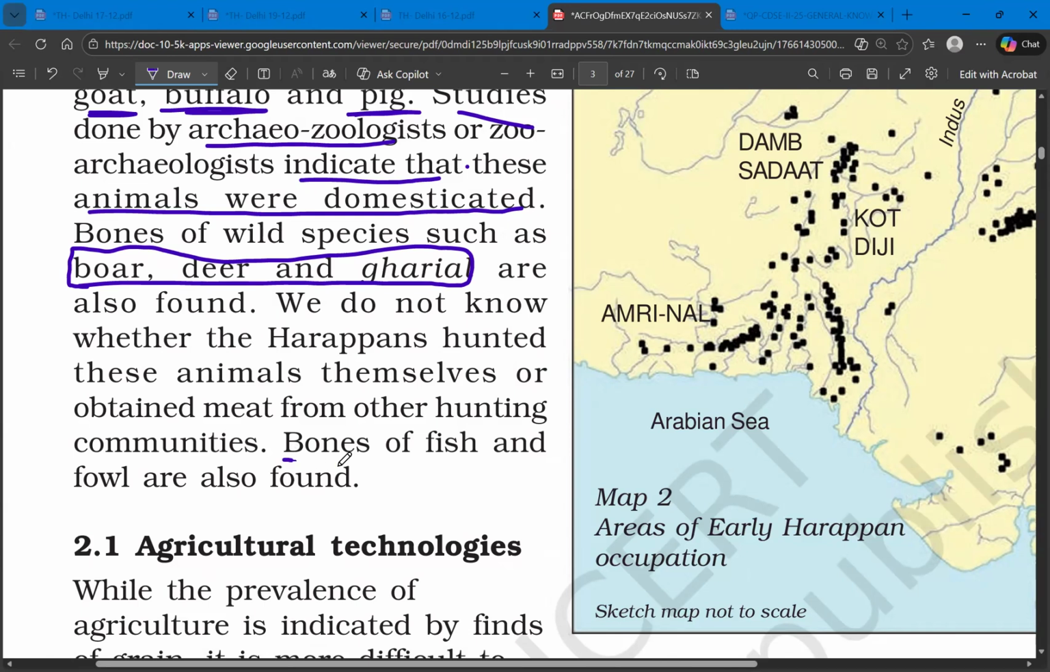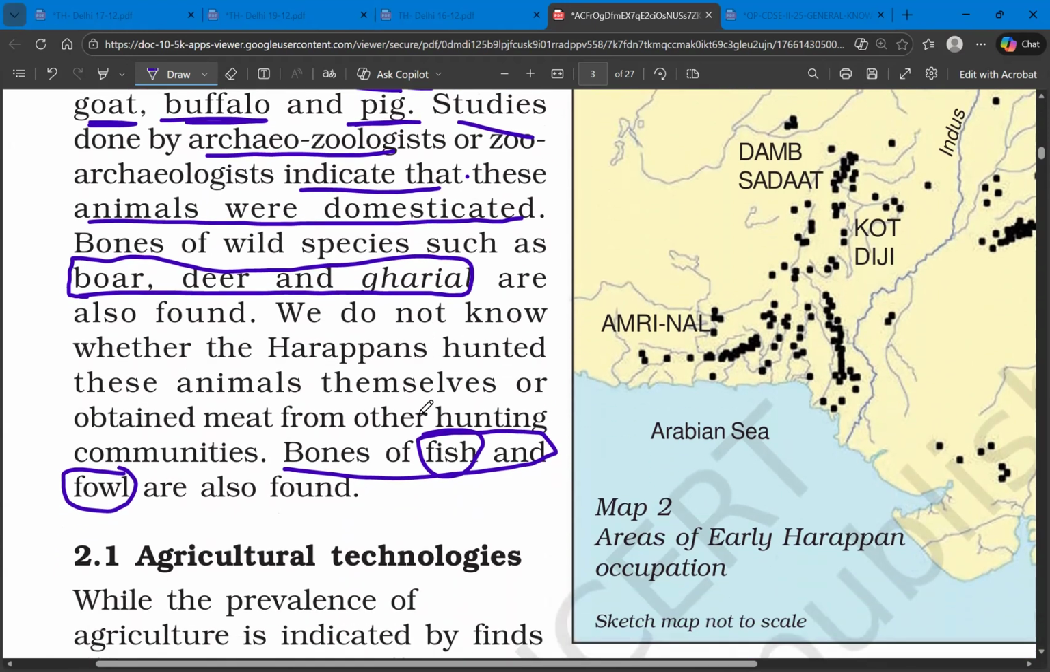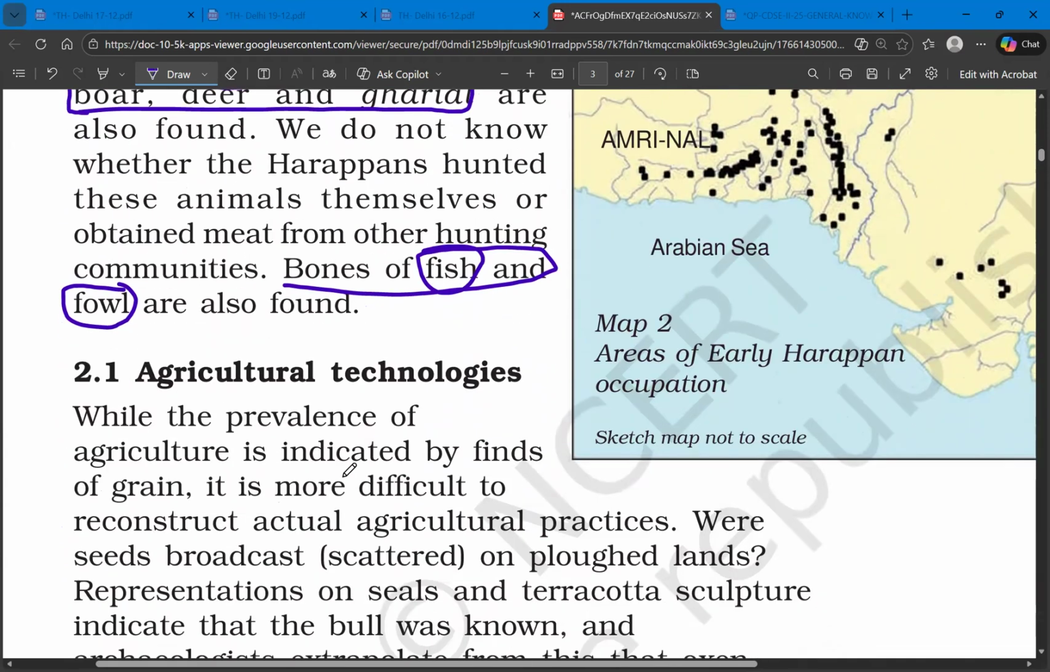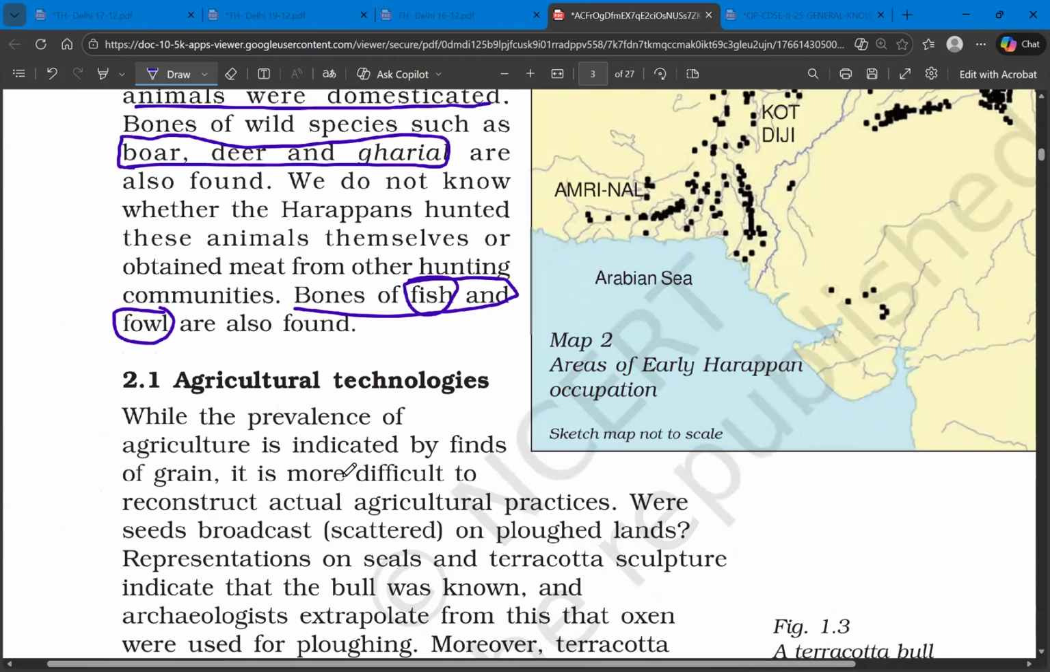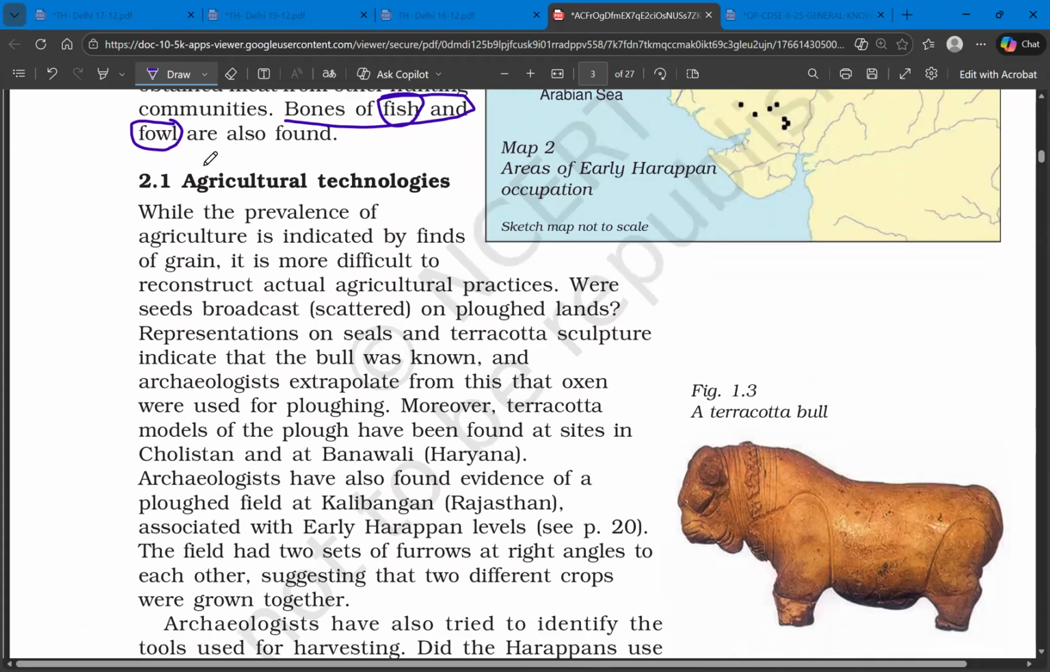And the next one, bones of fish and fowl are also found. So what are the bones related to animals found at the Harappan civilization? Buffalo, pig, cattle, goat, sheep, then wild animals like boar, deer, gharial, and also bones of fish and fowl. So these are the animal and plant remains found at the Harappan civilization. And next we'll go to